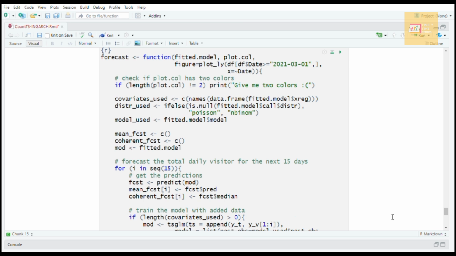So the training data set would be one data point longer, and then train again, and then use the new trained model to predict the next day, and so on. I know it's going to be really slow, but